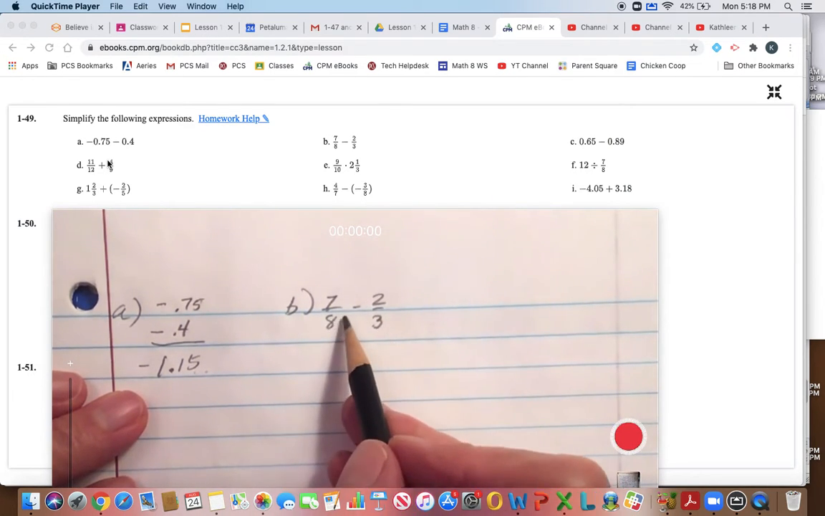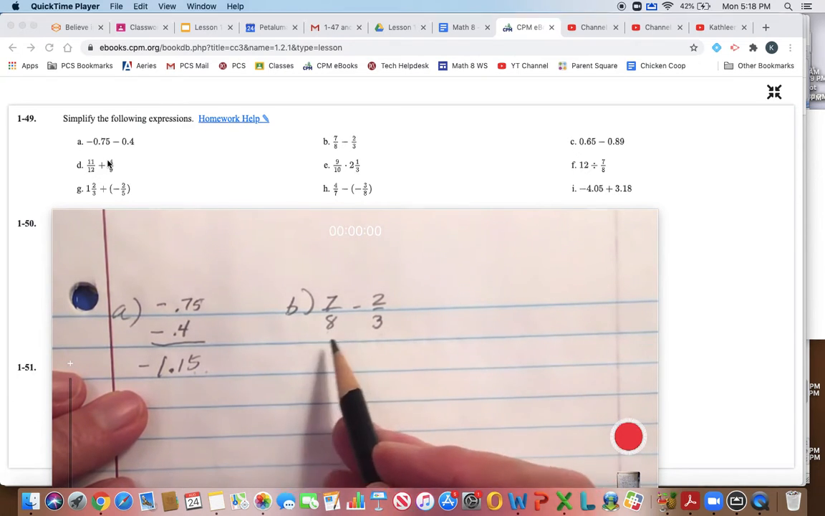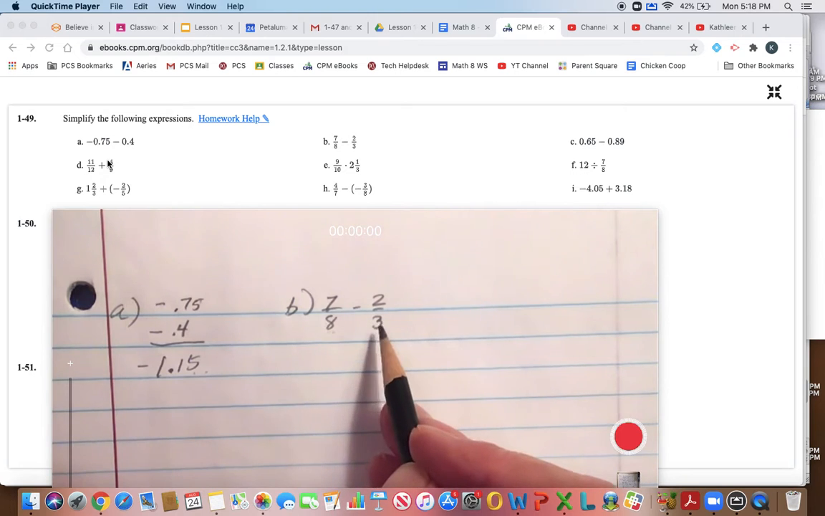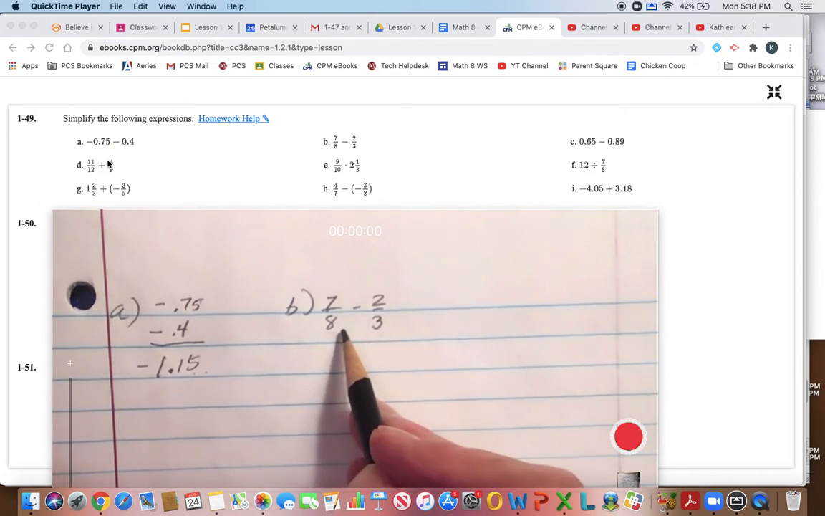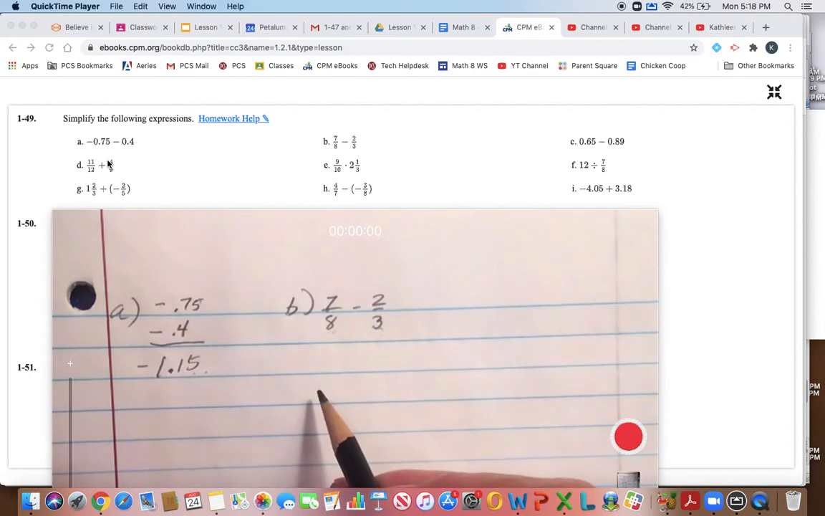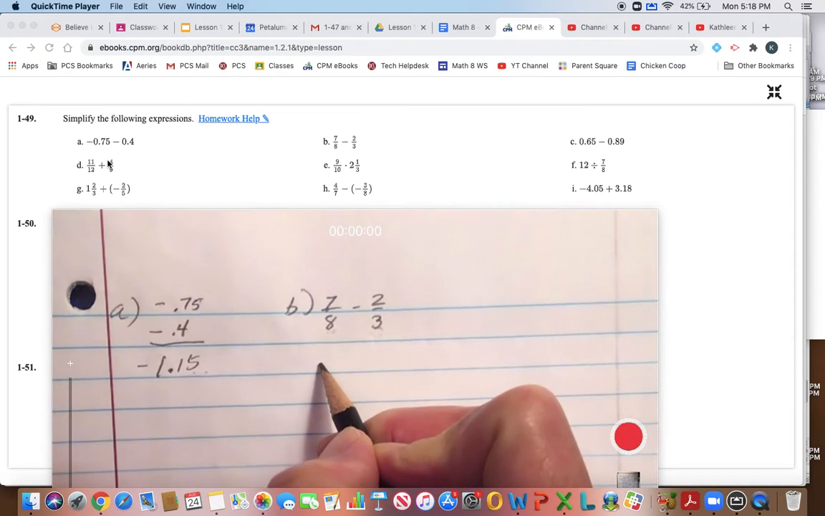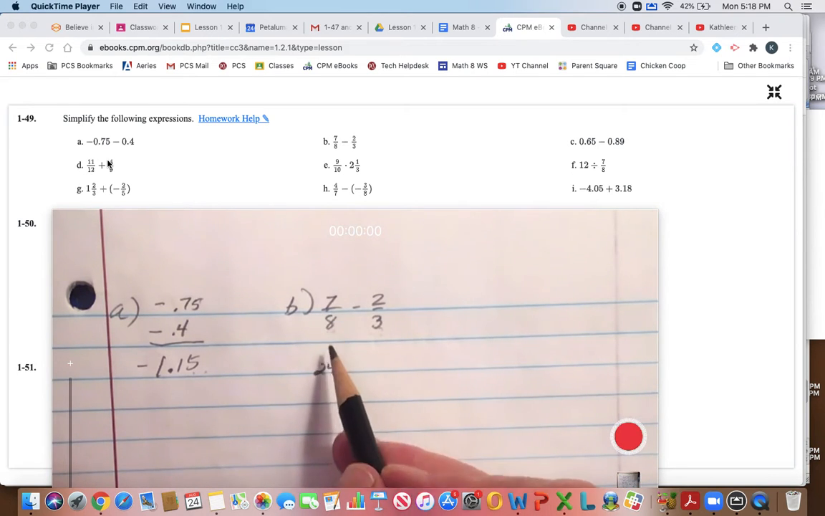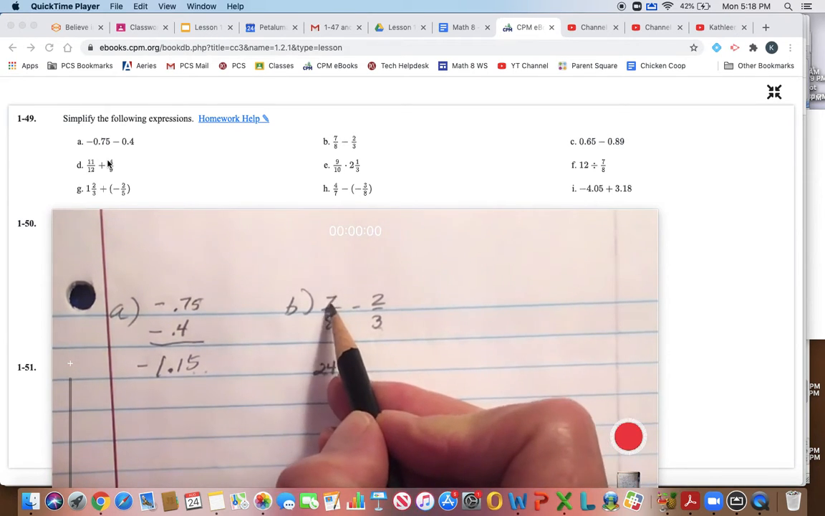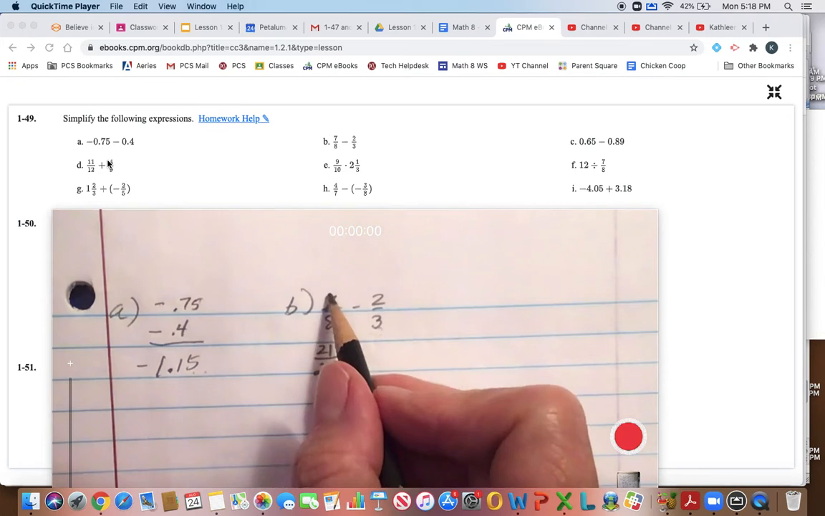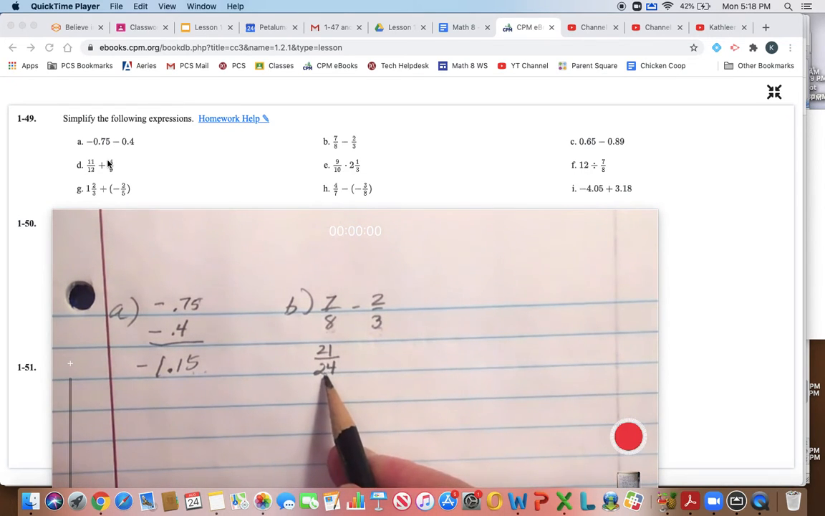And these, because we're adding and subtracting, we need to have a common denominator, which we do not have right now. And let's see, if we double 8, that's 16, but 3 doesn't go into 16. So it looks like the best thing to do might be just to multiply these two together to find the common denominator. So if we have a common denominator of 24, 8 times 3 equals 24. So we're going to multiply 7 by 3 also and get 21. So now we've converted 7/8 into 21/24